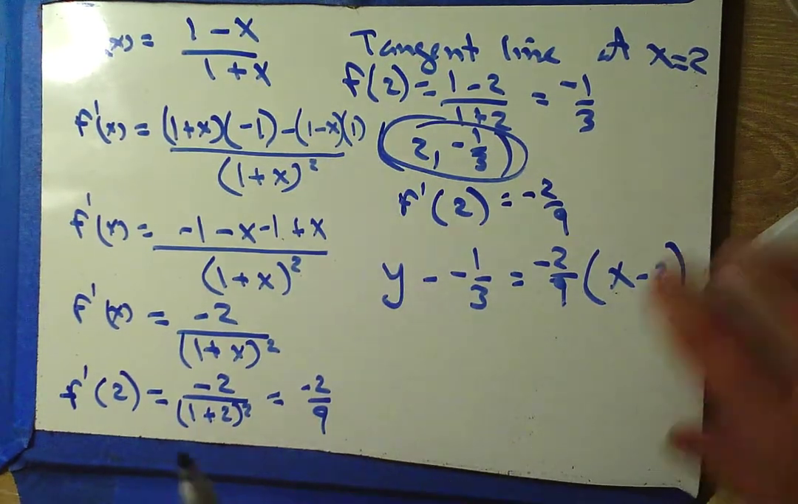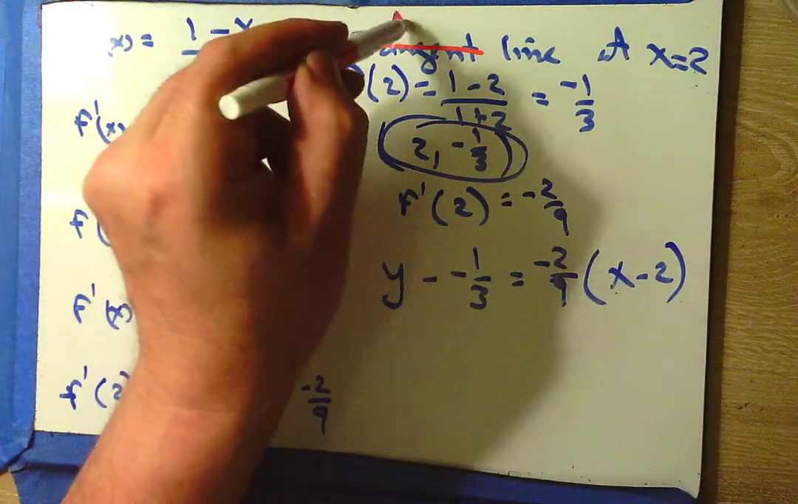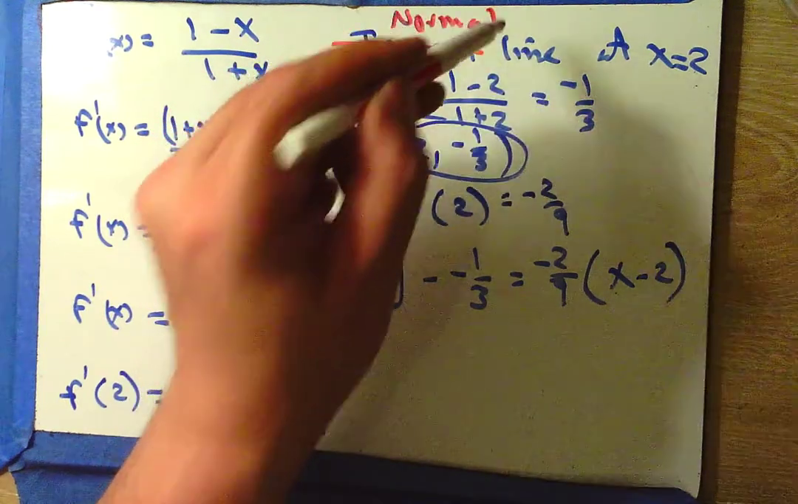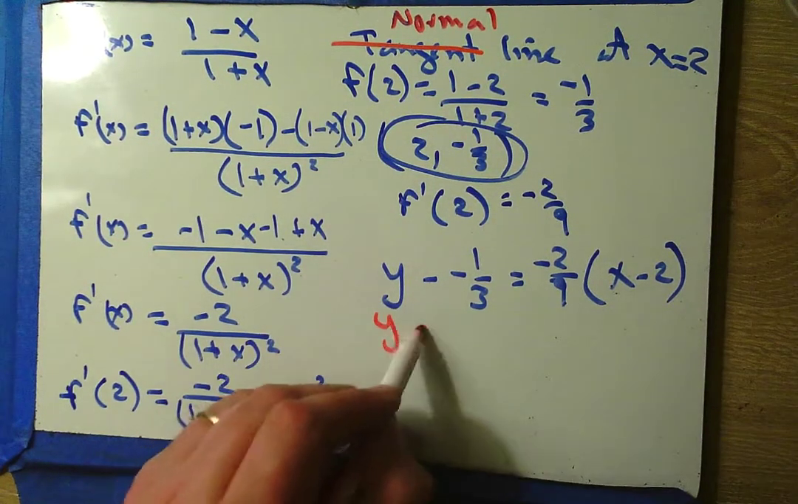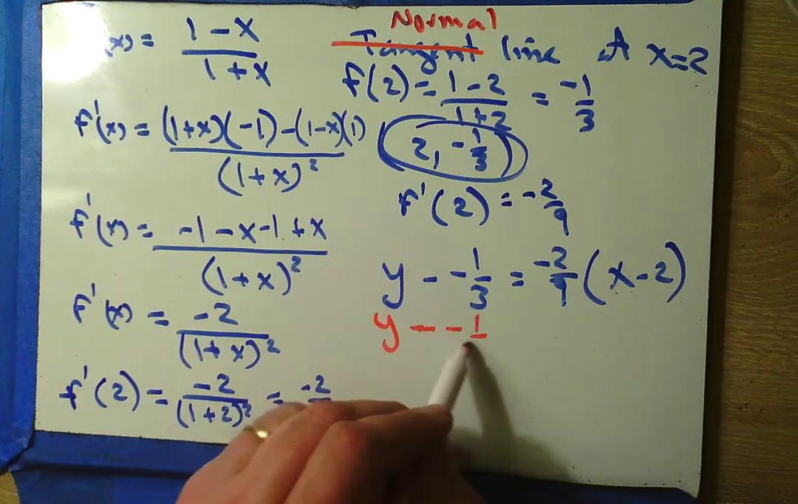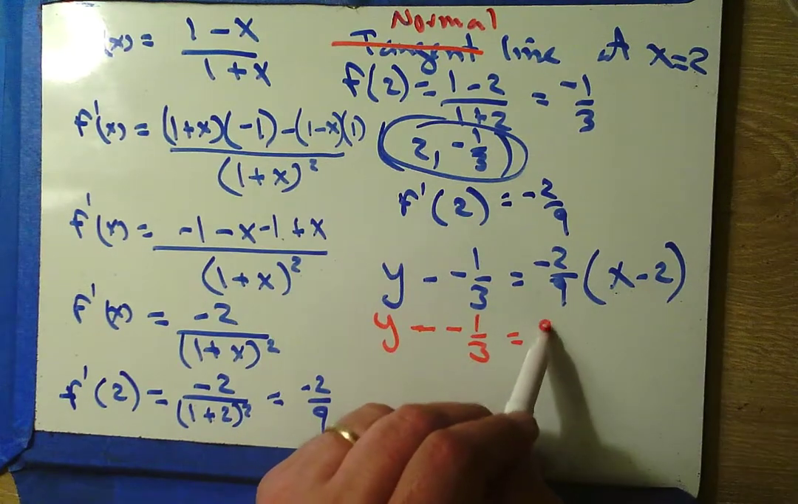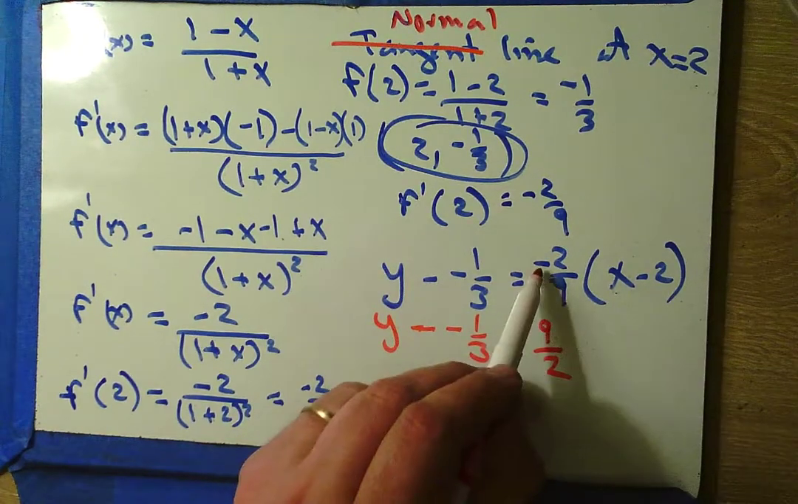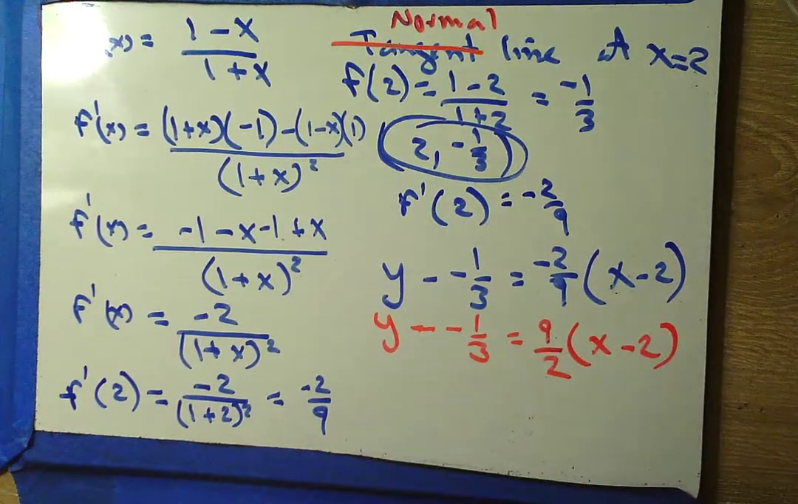If, however, instead the question had read, what's the normal line? Remember, the normal is perpendicular to the tangent line, and so we'd have y minus a minus 1/3 equals perpendicular to 9/2. Change the sign, flip the fraction, x minus 2. Okay,